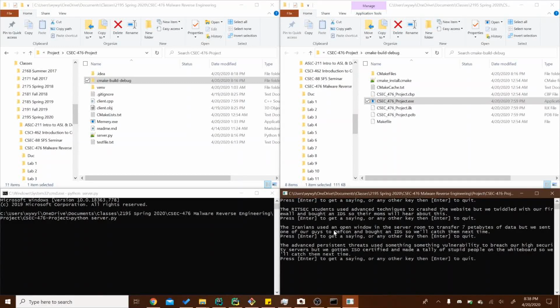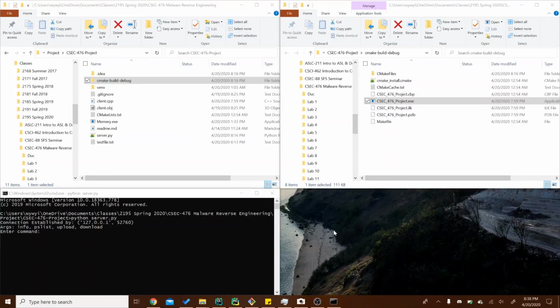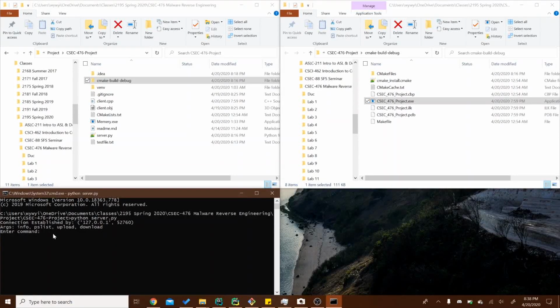However, this is a Trojan horse, so if I press any other key, this will start the malware processes. And as you can see, the malware has disappeared into the background, and I now have a command and control server on the left. So I can run 4 different options. I can check the information of the PC that has been infected by running info. And you can see you can get my username, my IP addresses, any MAC addresses that I'm using, and my operating system version. You can also run pslist